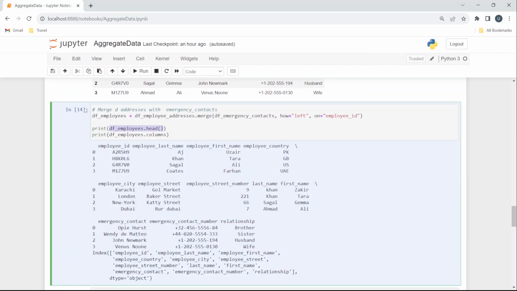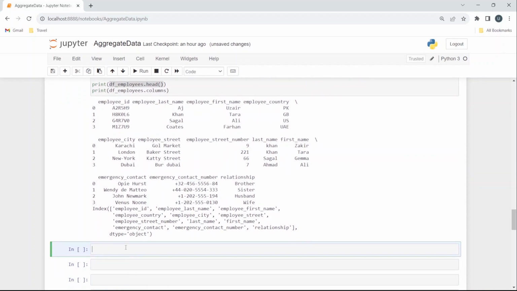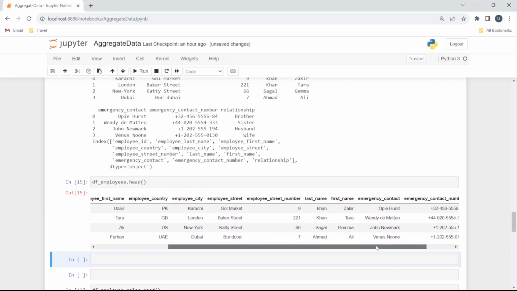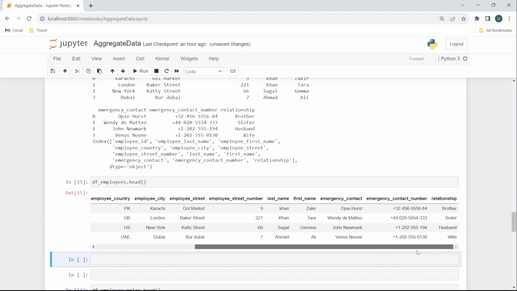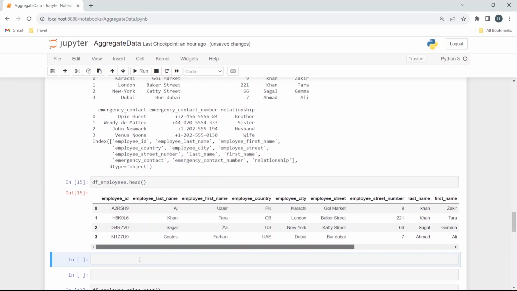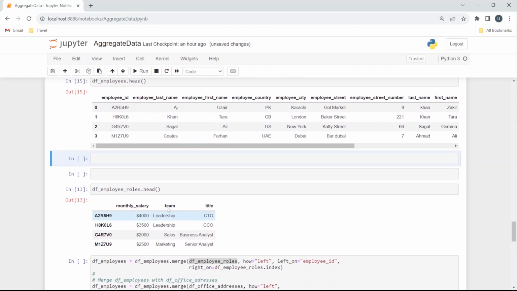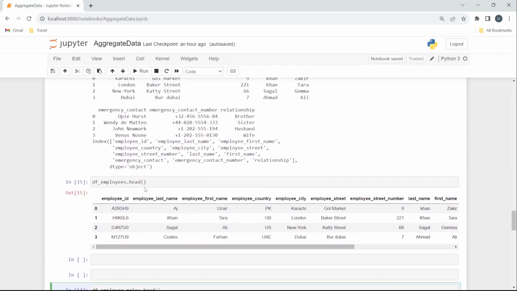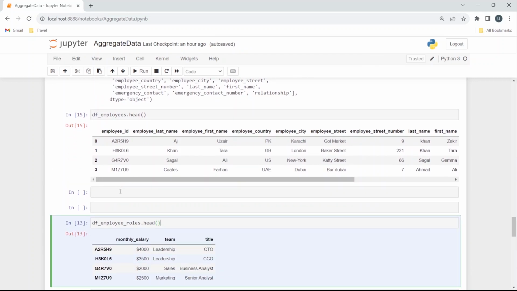It is probably confusing you a little bit, so let's print it out separately. So here we go, we have got all the information of employees. We can also see that there are some column names which are the same, so we can remove them, but for now we were able to join these two data frames successfully. So for the next join, we will be joining this response, df employee response, with df employer roles,